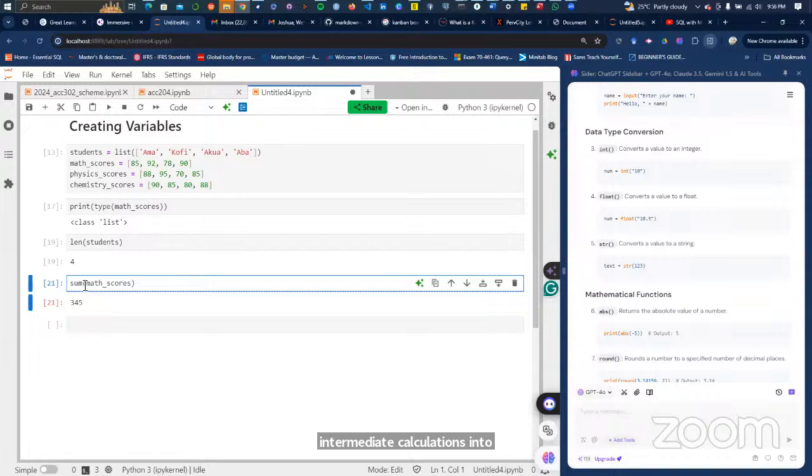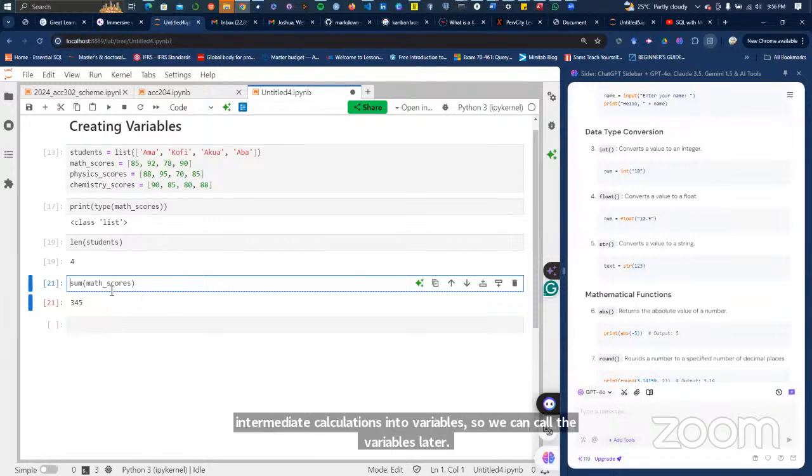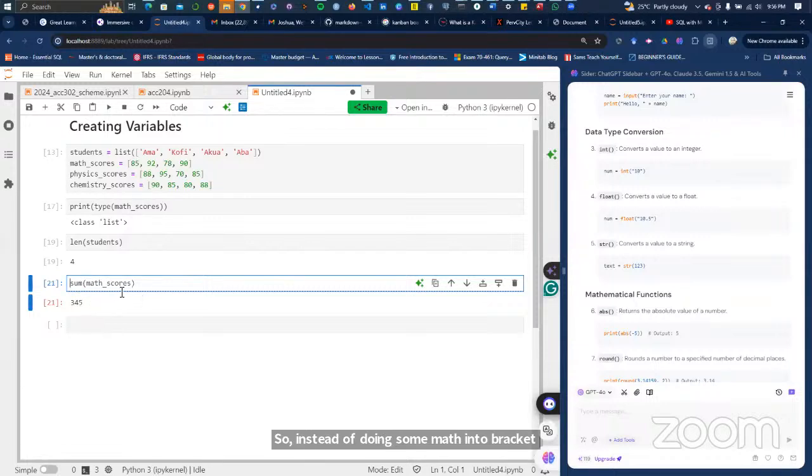So instead of doing sum into brackets math underscore scores, you might want to give it a variable name. So let's say, you can say probably sum underscore, let's say math, sum underscore math equals this.